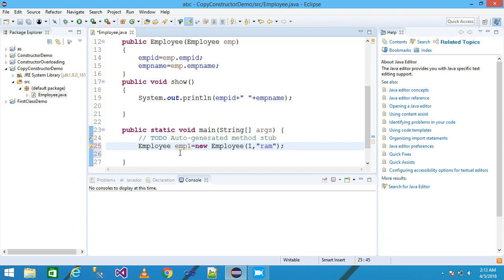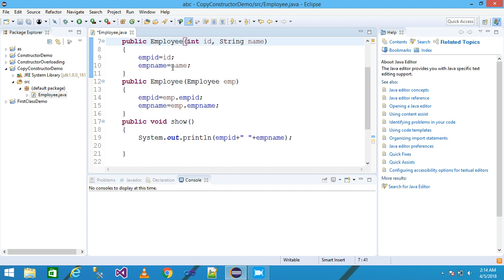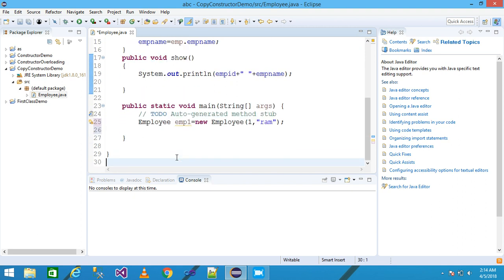Look here, I am creating the object of the Employee class as emp1 and passing two arguments, id as 1 and name as Ravi. These values are assigned to id and name, and then to empId and empName. So the emp1 object contains empId as 1 and empName as Ravi.